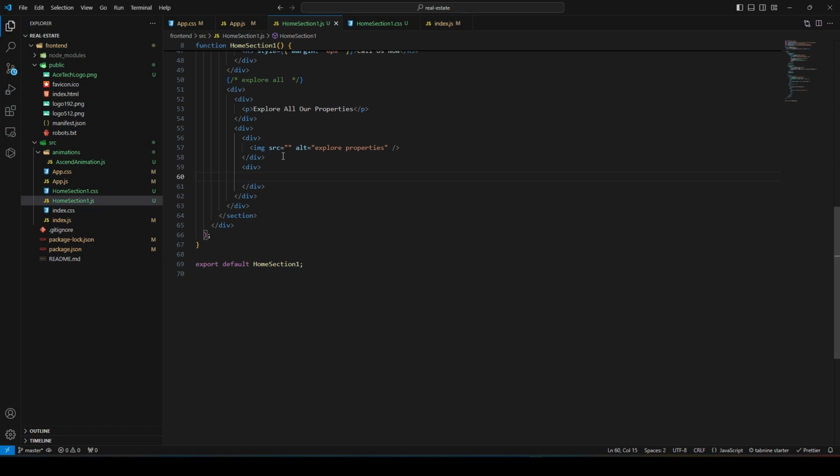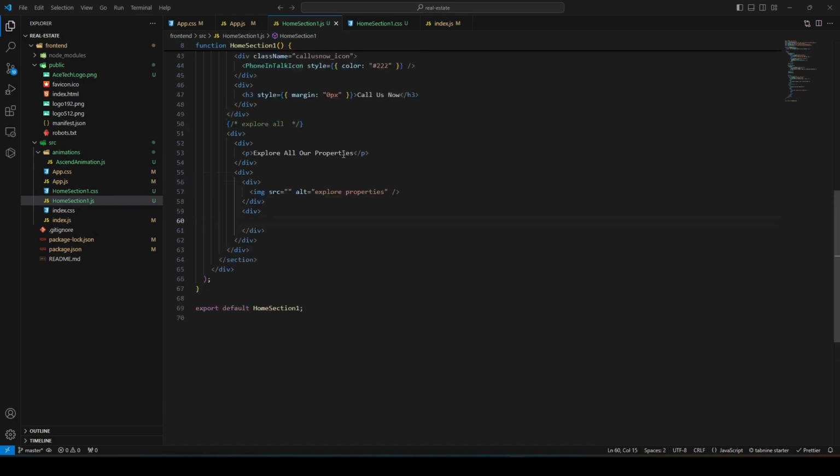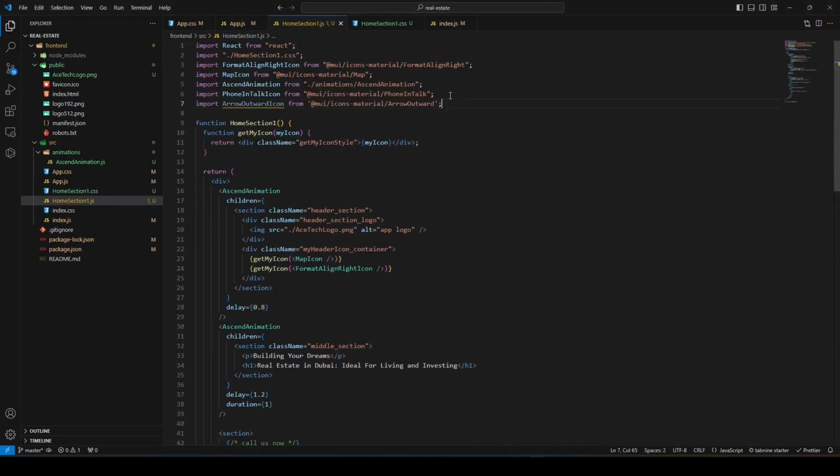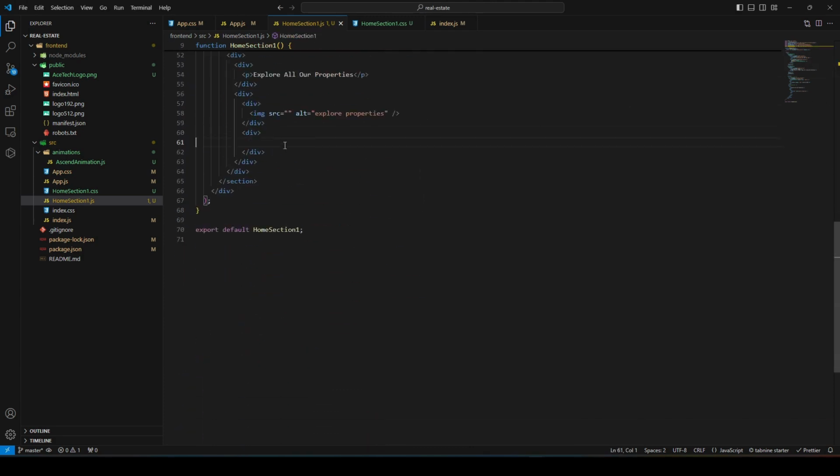That div will just contain one icon. So let me quickly check for that icon. That icon is arrow outward. Okay, so it's an arrow outward icon that we have. Quickly copy this arrow outward, and go ahead,